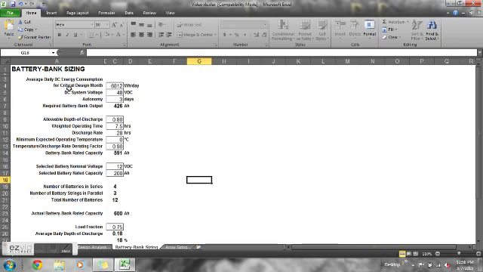As you can see here, we have our energy consumption, which is about 6.8 kilowatt hours per day. Our system size, as far as the voltage goes, is going to be 48 volts, and our desired autonomy is 3 days. So, in order to meet that period of autonomy, we would be required to have a battery bank of approximately 426